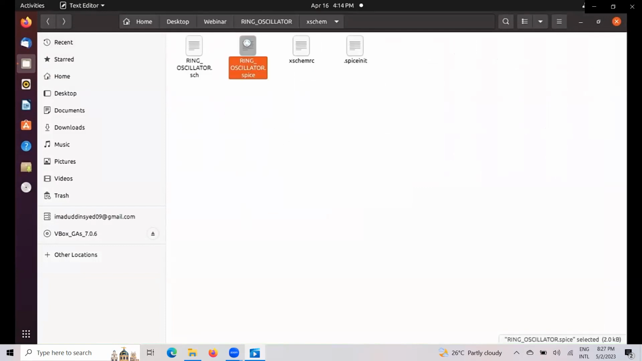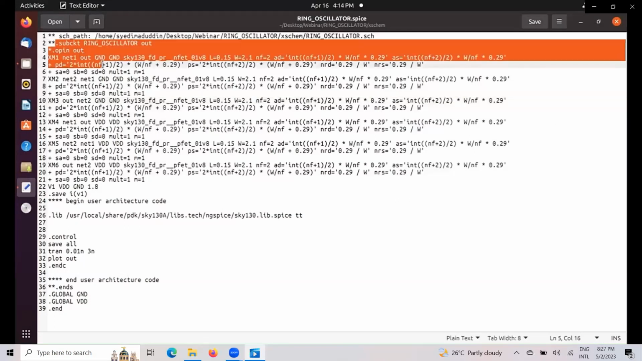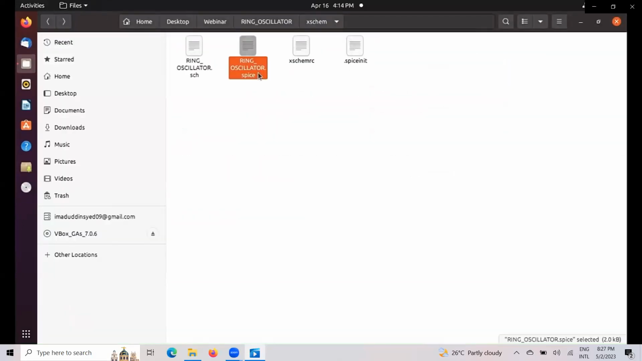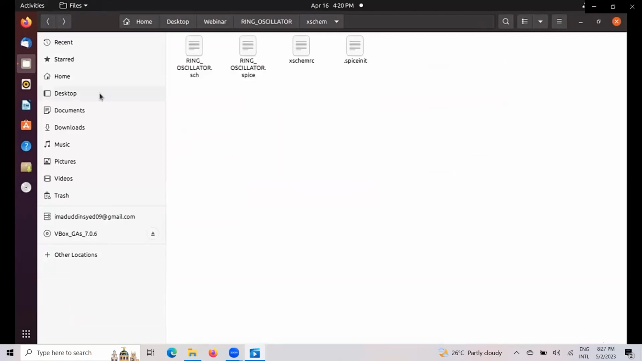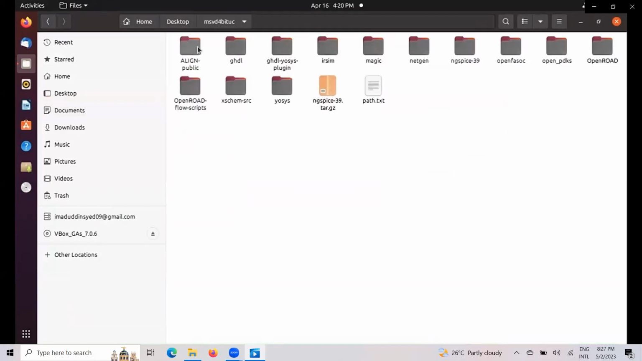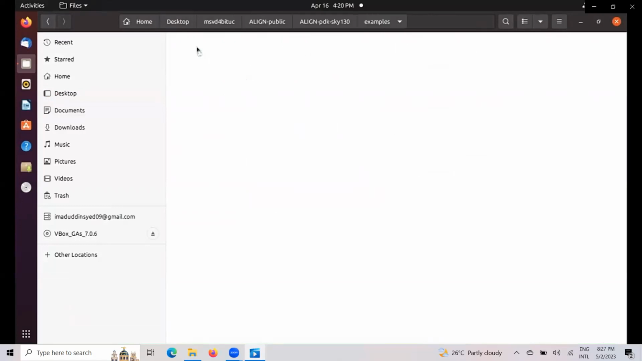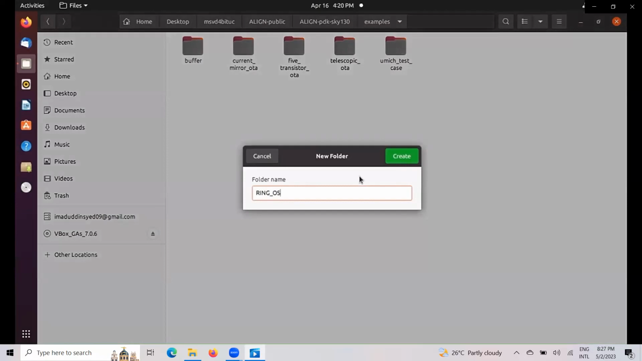Okay, now let's see what is there. Okay, here's the spice netlist for the schematic we have created in xschem. So let's close it and just copy it and go to your ALIGN folder, ALIGN-public folder, and then ALIGN-pdk-sky130, then go to examples. Here create a new folder with the name ring_oscillator